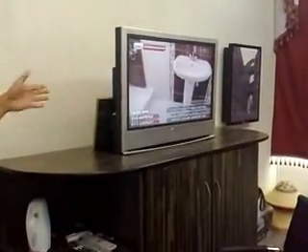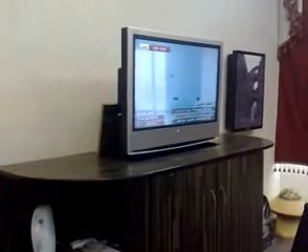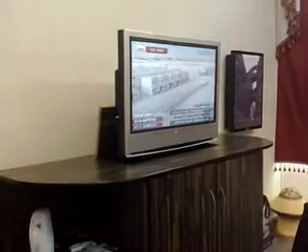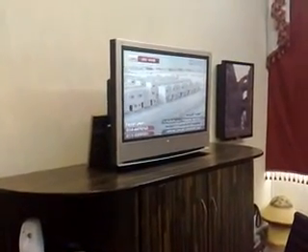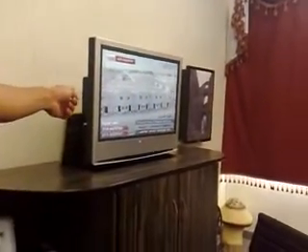In play mode we can put in some games here, and all the lights will be on. Whichever we need, we can put, PlayStation or any game station. We can put it playing here, and we can control it. And now the projector is here.